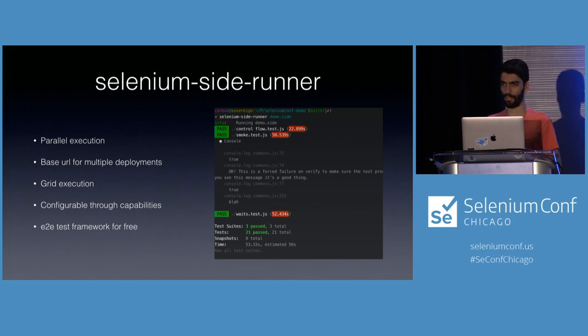Other than that, you have grid execution. It can execute either locally or remotely, whatever the URL with the basic authentication points to, it's going to connect to that. And it's configurable through the capabilities that you're used to from any driver. So you can use that to remotely execute in Gecko driver or Chrome, or even locally without the grid.